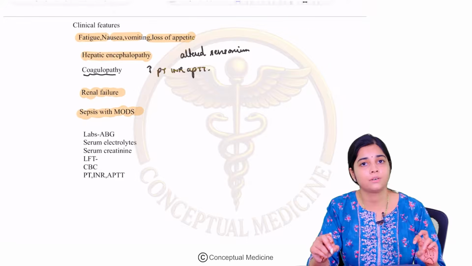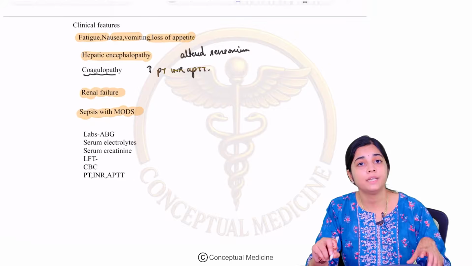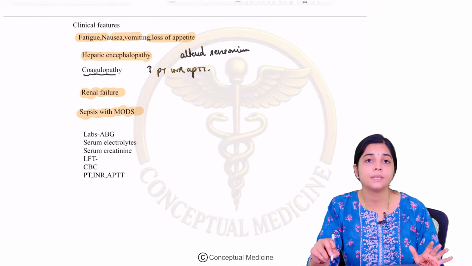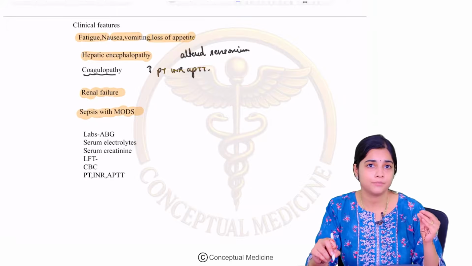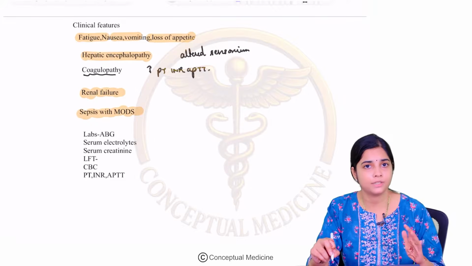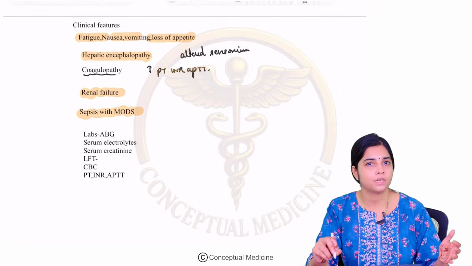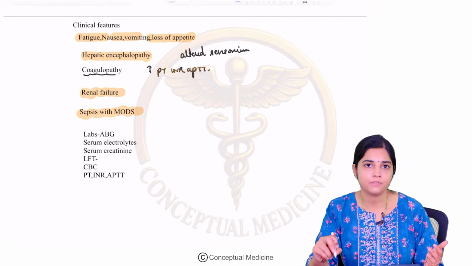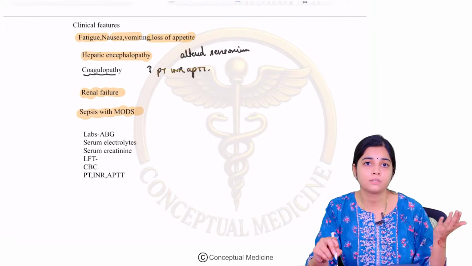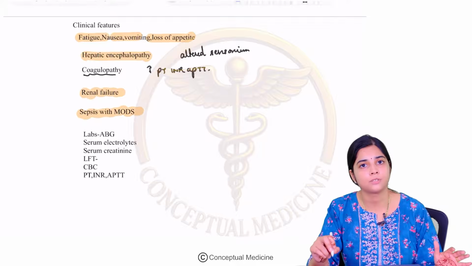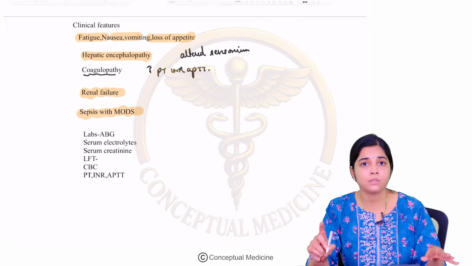MODS is multi-organ dysfunction syndrome. So acute fulminant hepatitis is a very dangerous situation and they deteriorate very rapidly. Initially they present with fatigue, nausea, vomiting, then they deteriorate rapidly and you can literally have multi-organ dysfunction. You can have renal failure, liver failure, hepatic encephalopathy, and a bleeding diathesis. And finally you can also have superadded sepsis and septic shock. So these patients have to be monitored in the ICU